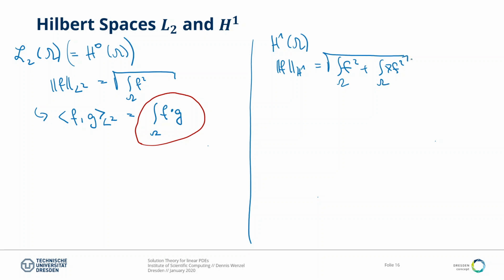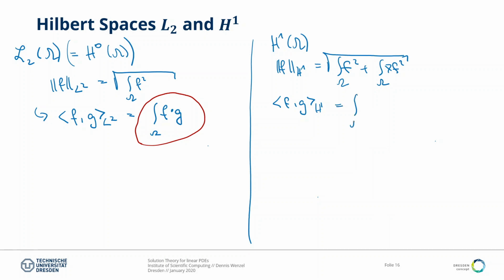And now here comes the reason why, that's the question I've been asking before, why we are summing up the squares of the norms and then taking the square root afterwards. Because if you look at this, in order to make it possible to induce this norm from a scalar product, we need this type of structure. Because here now we can simply write down the scalar product of f and g in H1, so the H1 scalar product